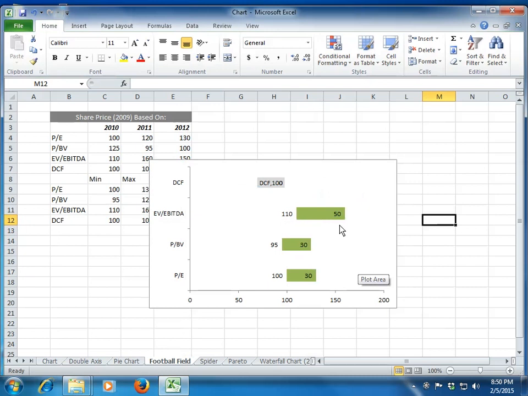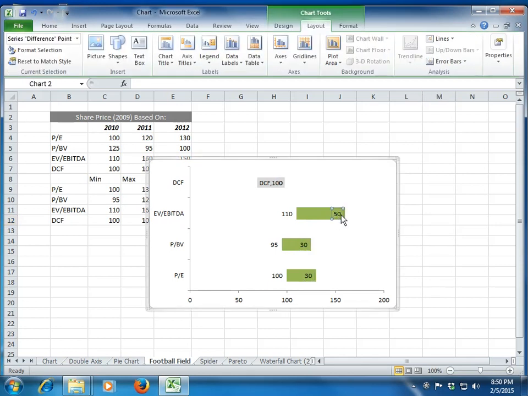The only thing remaining is to change the value for the maximum value, because the value which you are currently seeing is the difference, but we want the maximum value. So you'll have to do this manually. That is, you'll have to click here, bring it to edit mode, and then link it to the maximum value on your table. So this is for EV by EBITDA, right? And you see that the maximum value is captured. Similarly, you will have to do for